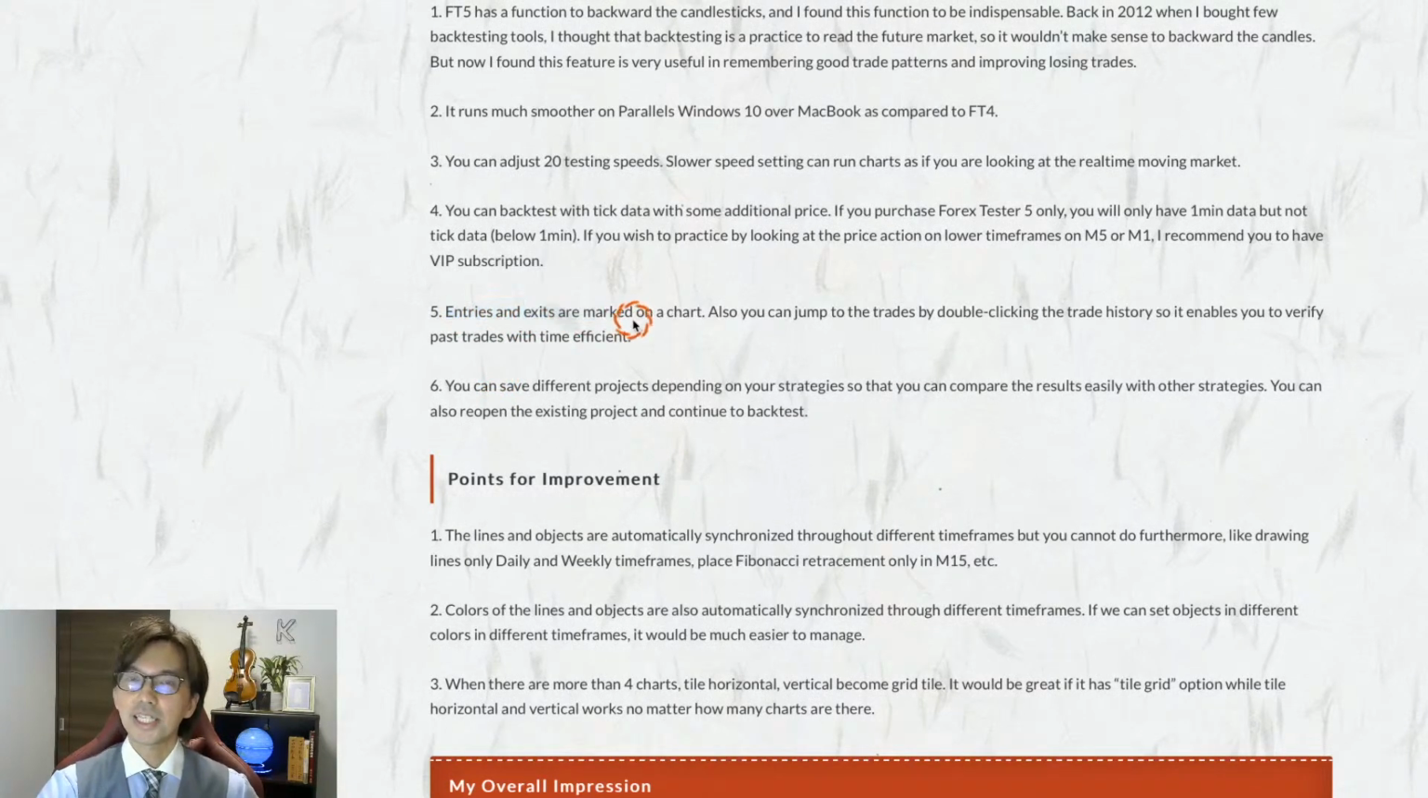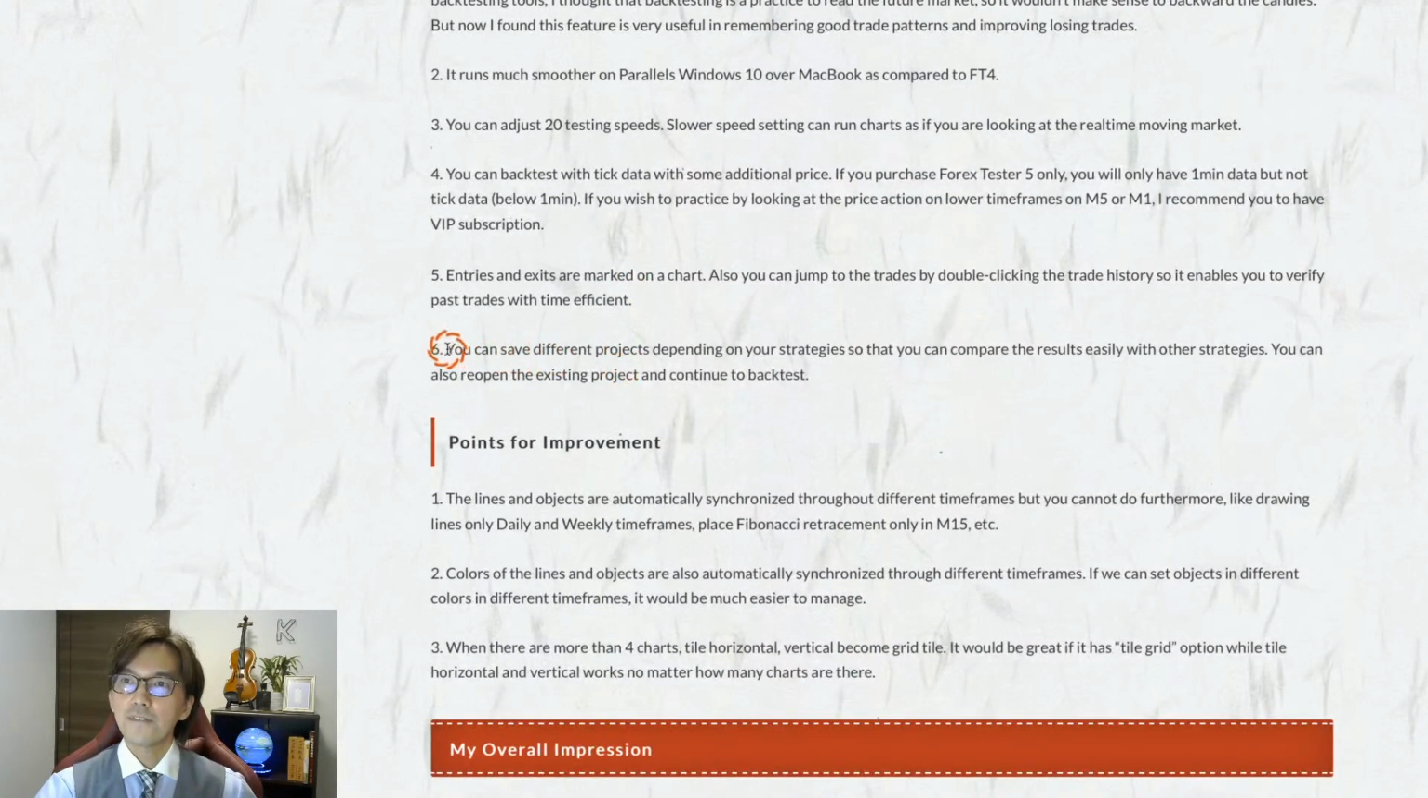So when you take trades, the trades are actually tracked, and you can find them in the stats. Also, when you take trades, you can see the result in the history, which is a good feature on this one. And then you can save different projects depending on your strategies, so that you can compare the results easily with